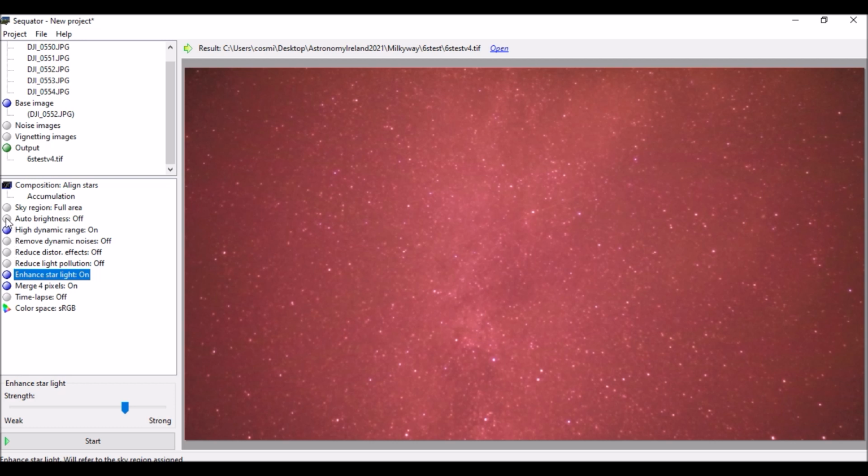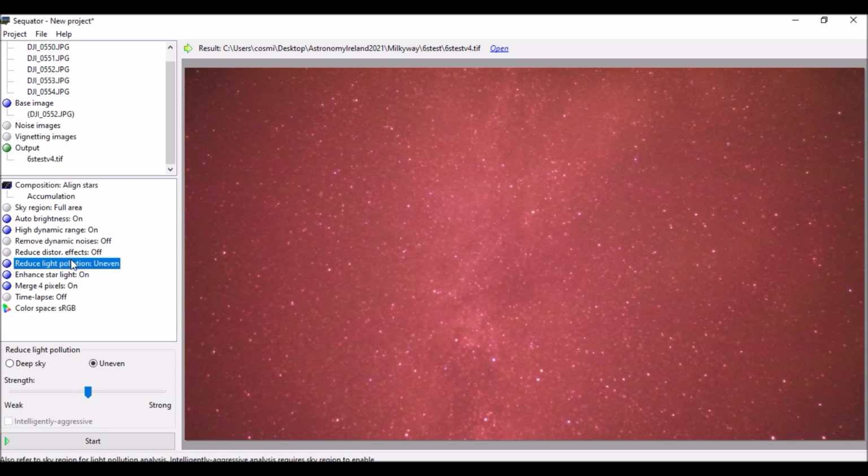We can also do some auto brightness because we can see some of the brightness around here is washing out the brightness that we want to maybe see in the galaxy. And maybe just for posterity, we'll put reduce light pollution uneven, but we won't put it at the maximum amount of settings. So we'll then output a new file,